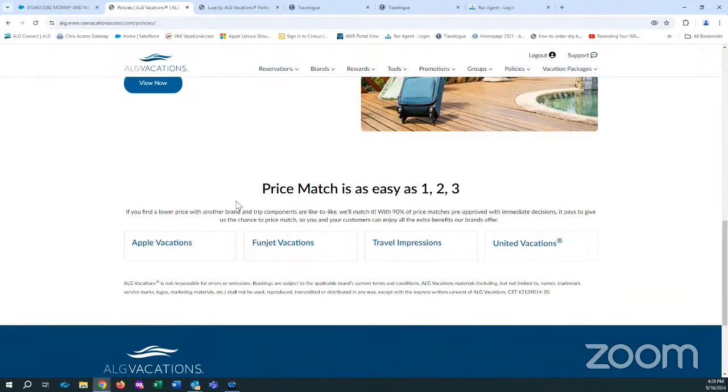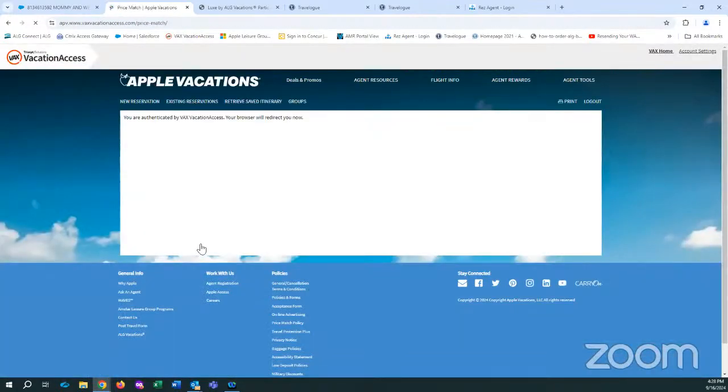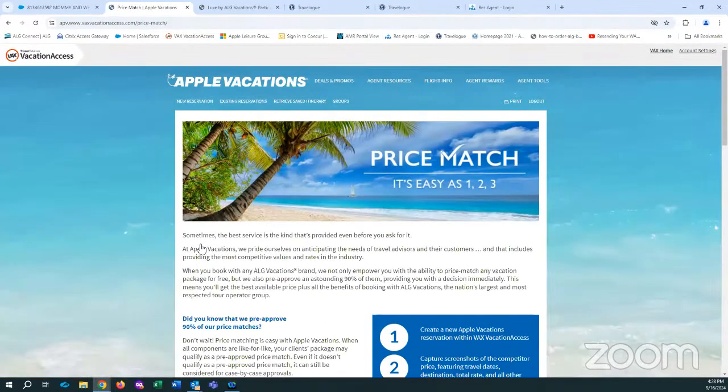The price match information, how you actually go about doing that, is here as well. So if you need that information, it's there for you. So that's really where we're focusing all of our training now. And again, there's your typical VAX looking page, but it's now mobile and user friendly, where it wasn't under just